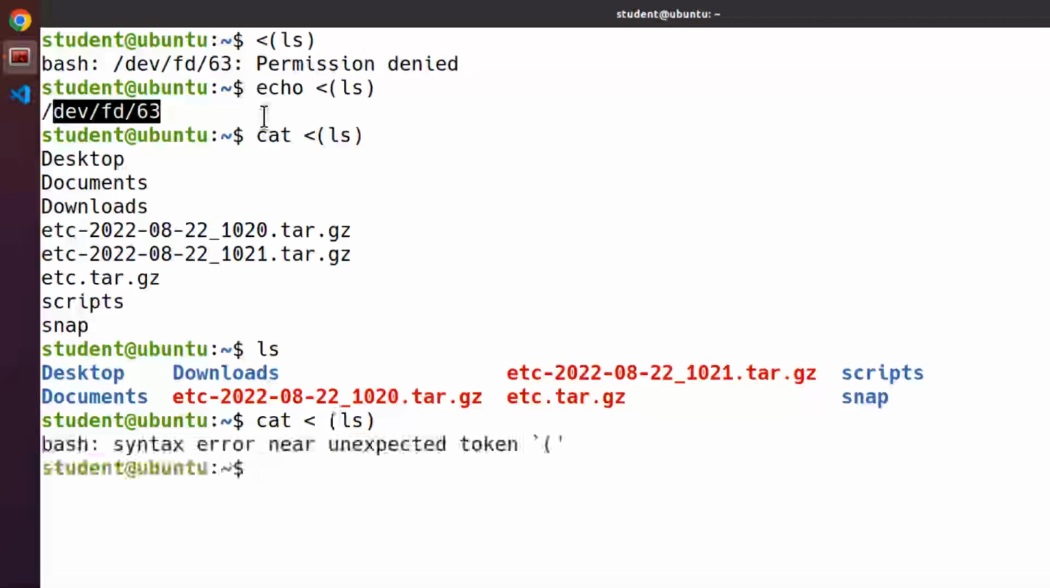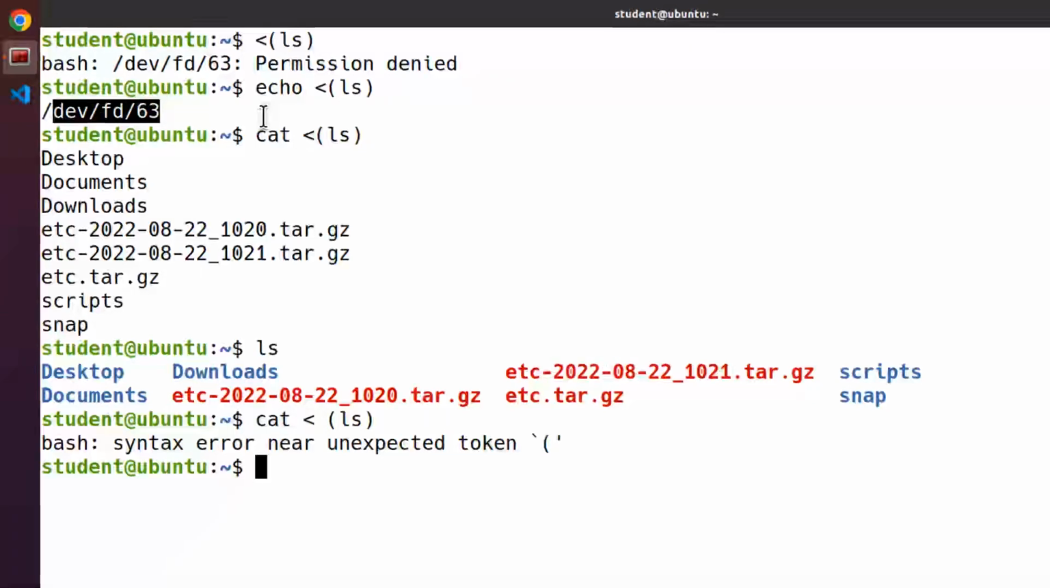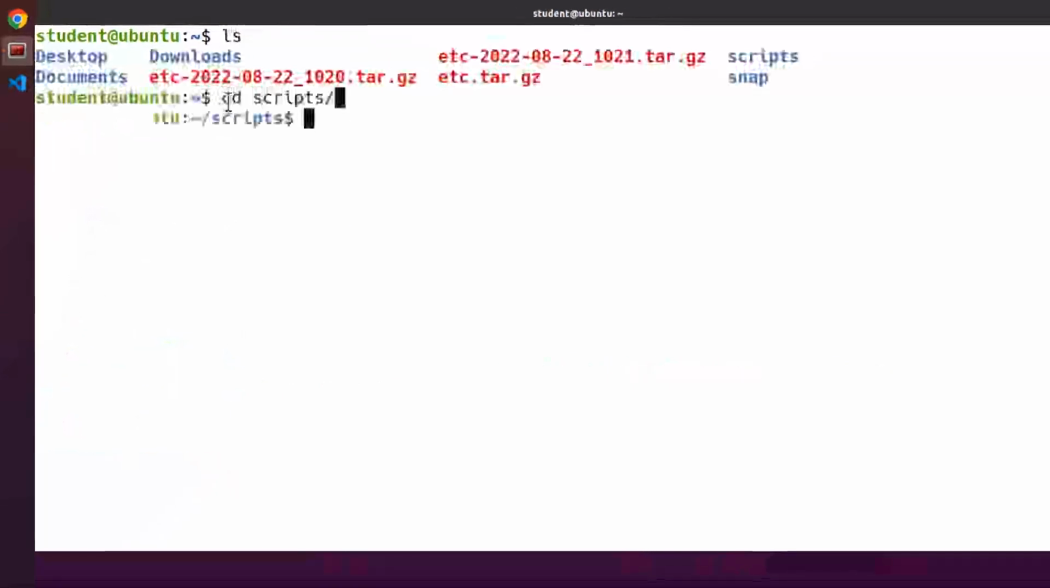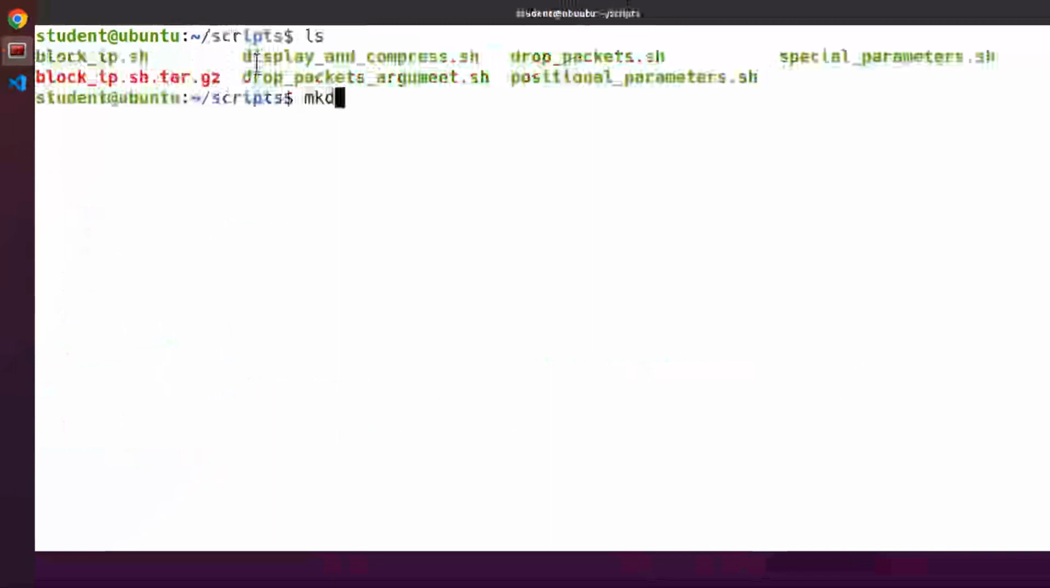Let's see another example. I want to use process substitution to compare the contents of two directories, to see which file names are in one but not in the other. I'm creating two directories, mkdir dir1 and dir2. And I'll create two files in each directory. So touch